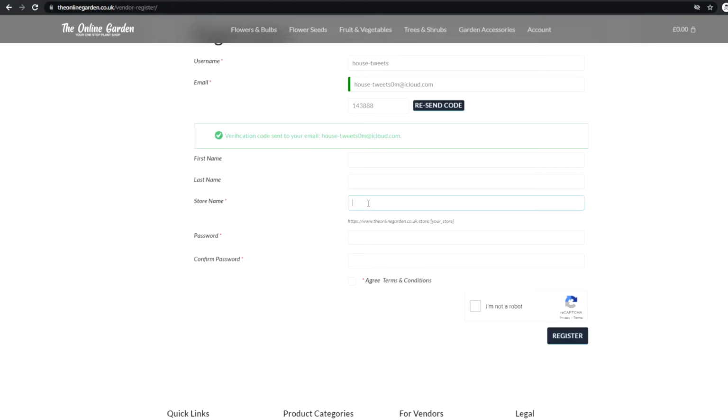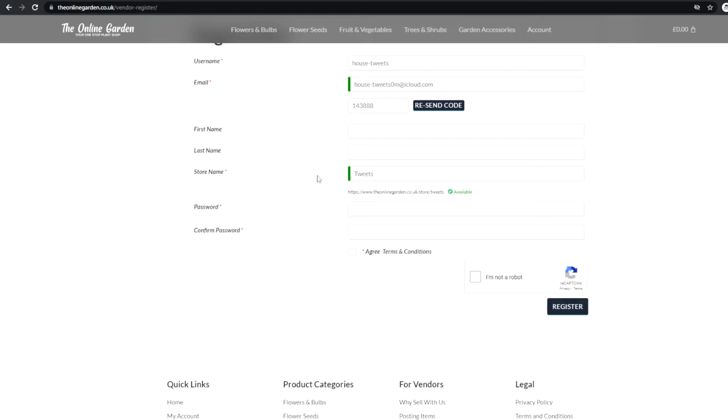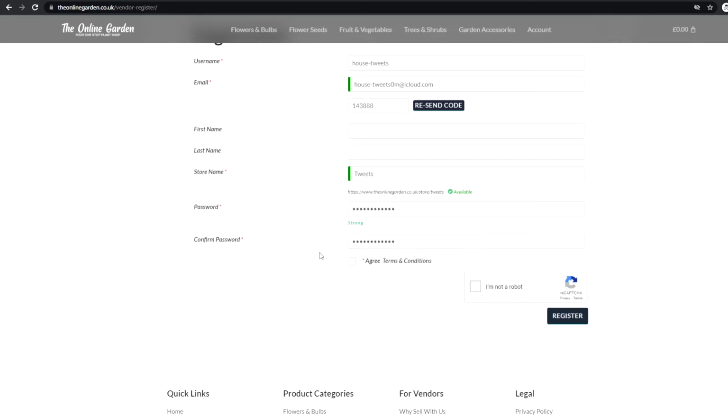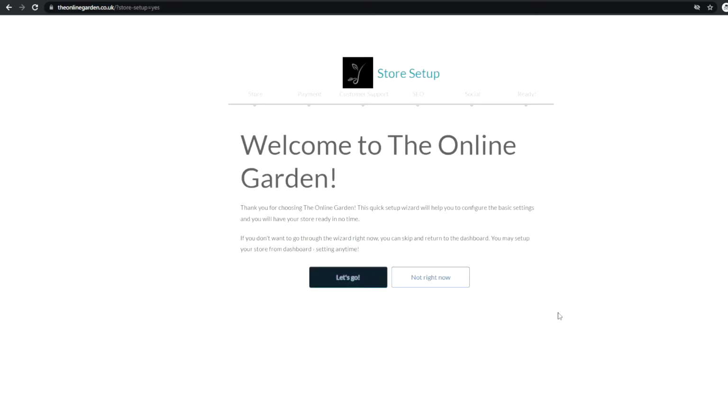Now we need to come up with a store name. This will be the name that your products are listed under. For this example, we're going to use tweets. Then you simply want to come up with a password that is secure, agree to the terms and conditions, and fill in the reCAPTCHA. Once you've done that, simply click on register and it will take you through the store